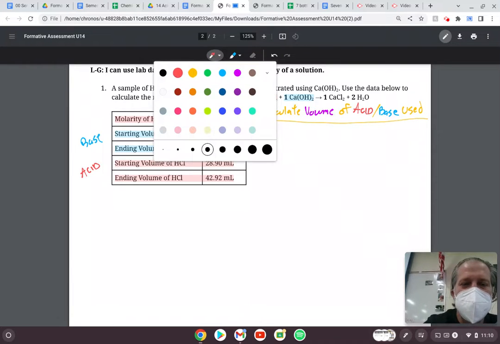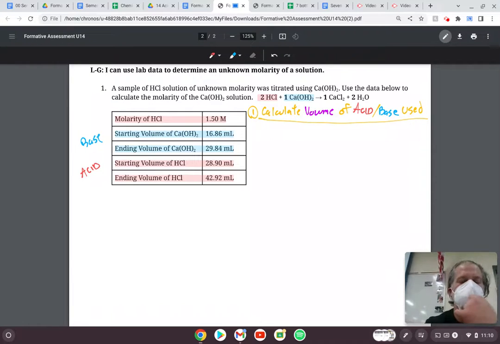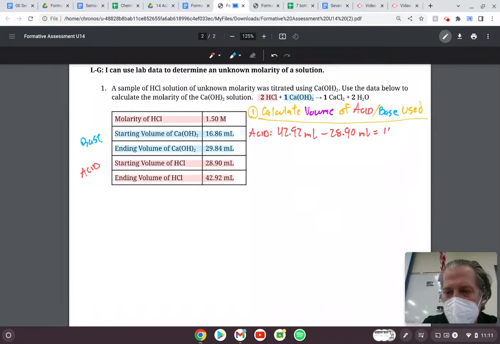And just like we did yesterday, that would be a subtraction issue. So I'm going to start with my acid. I'm going to take the 42.92 milliliters minus the 28.90 milliliters. 42.92 minus 28.90 gives me 14.02